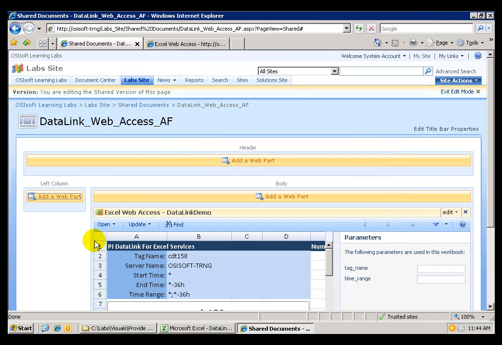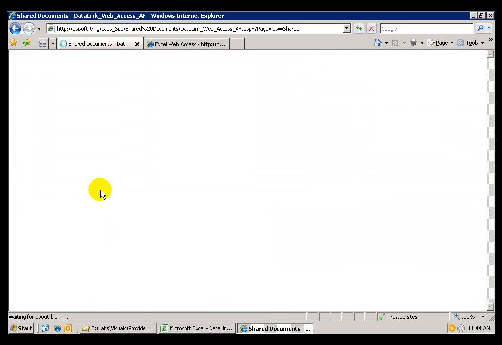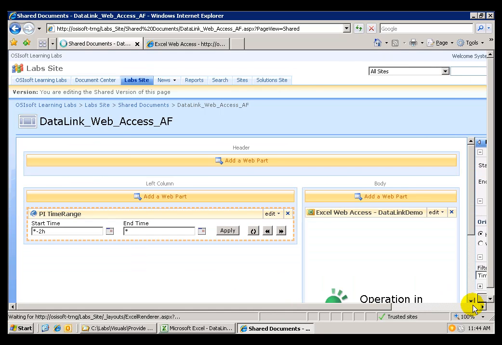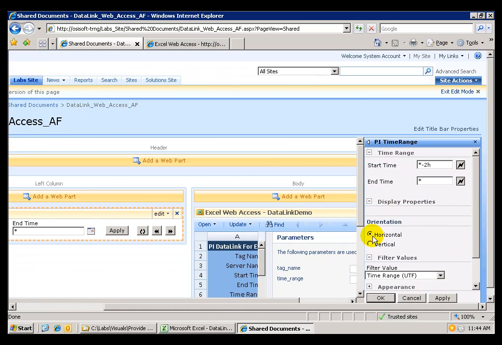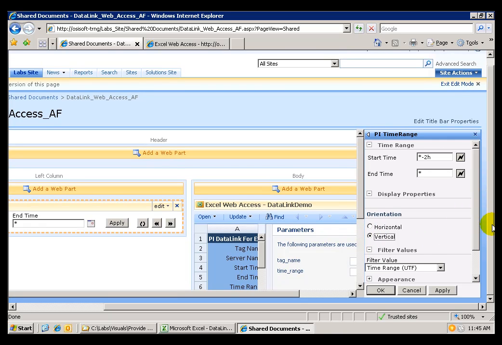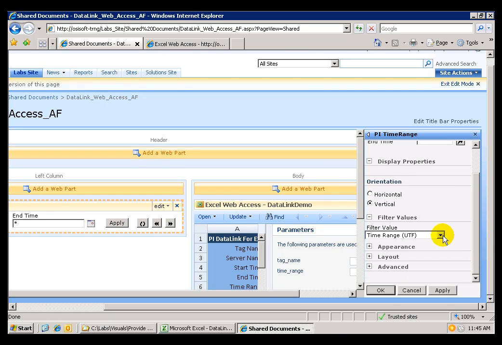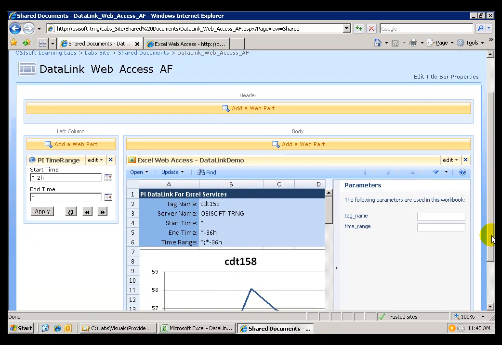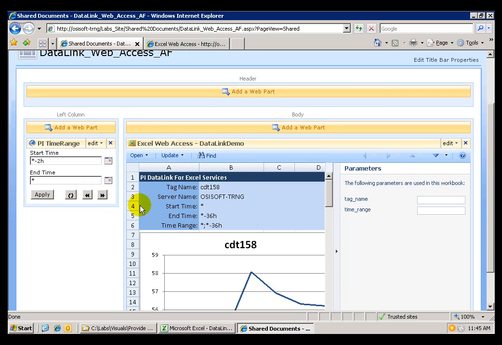And then I'm going to modify and configure this PI time range first, so that it looks a little bit better on a vertical orientation. And let me see here, filter value, I have time range, everything looks good, so I can go ahead and click OK. And now what I'm going to do is connect these two web parts by going to the PI time range and clicking on Edit,